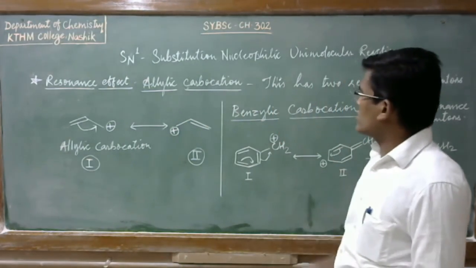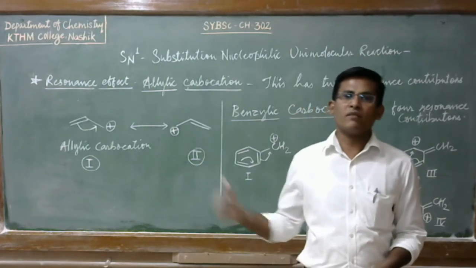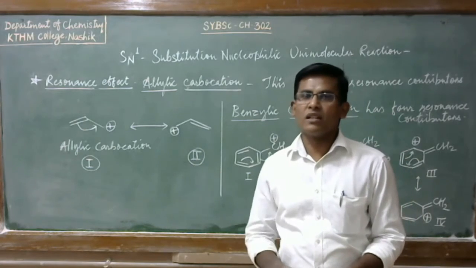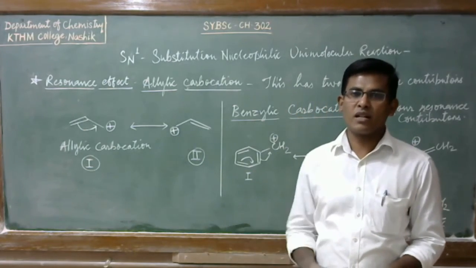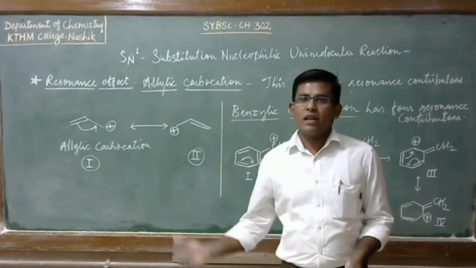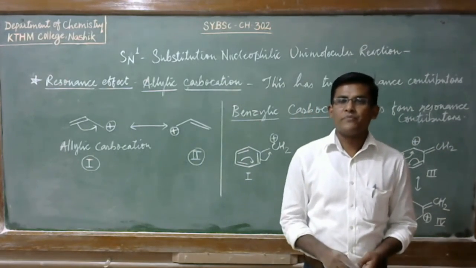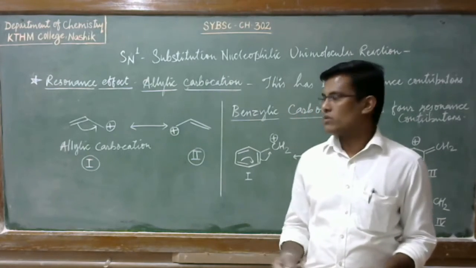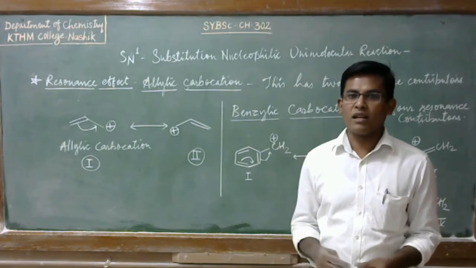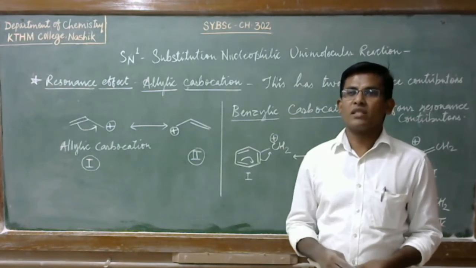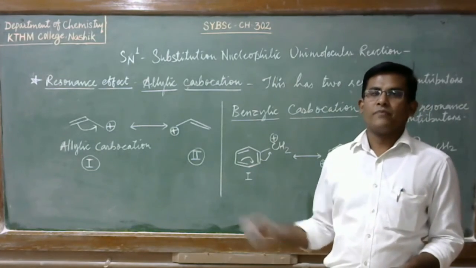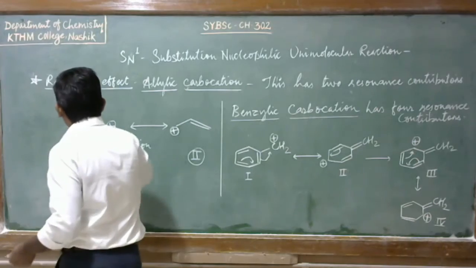So because of the stability of these stable carbocations, for example this allylic carbocation and benzylic carbocation, even if they are primary alkyl halides, they are generated from the primary alkyl halide or aryl halide. So it shows the SN1 reactions because of the stability of this carbocation, alright.